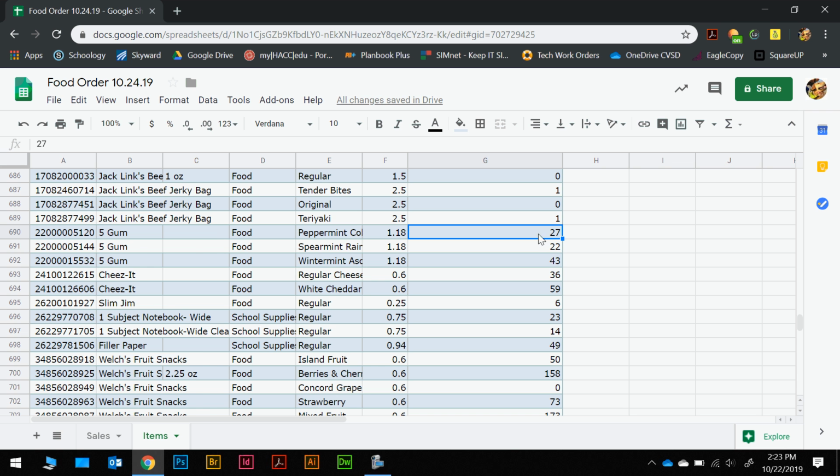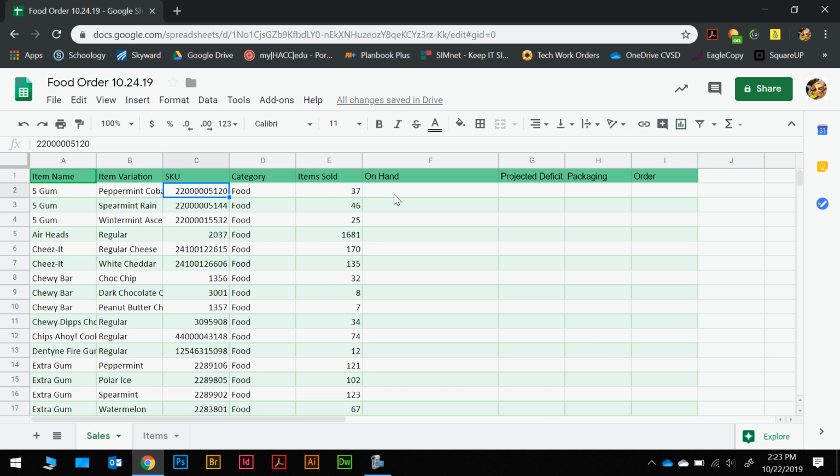I just would take 27, come back and type 27 here, but you wouldn't want to do that for every single item. So we're going to use a function called VLookup. So I'm going to click on where I want my function to be located. So back in column F,